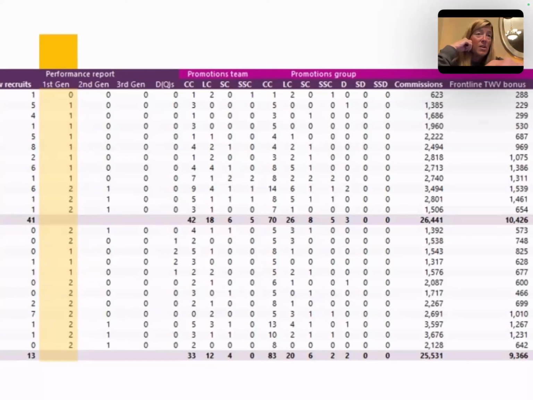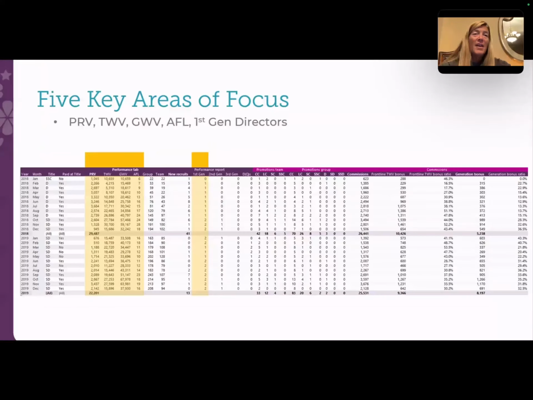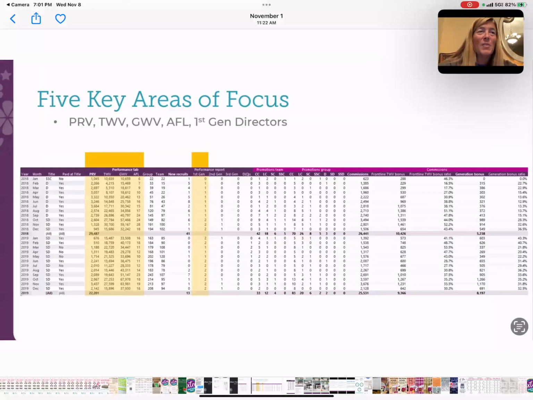And if you feel like you're doing all the things right, then you need to be reaching up to your upline and saying, I don't know what's different. What could I do differently to help my people? And just brainstorm to see what things need to look like. So, okay, with that, I am going to stop this recording. I hope this was helpful. And if you guys have additional questions, like I said, reach out to your upline directors, and I'm sure they will be more than happy to assist you.